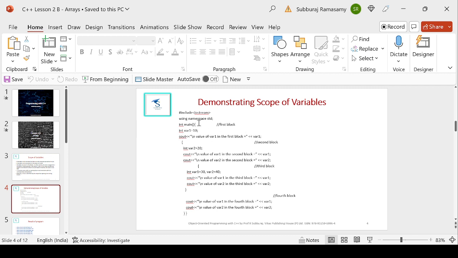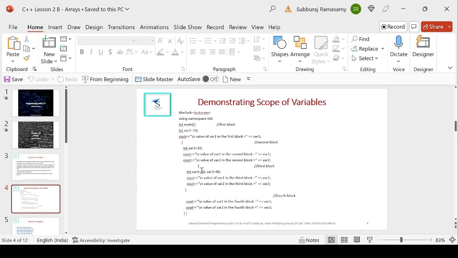It will be 10. Then there is one more block within main where I am saying int var2 is equal to 20. What will be the value of var1? Because var1 may not change, it carries forward. We have not redefined it here. So var1 will remain 10 and var2 will be 20.